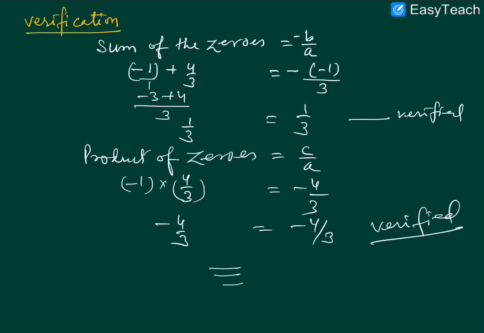इस वीडियो में बस इतना ही। उम्मीद है कि ये क्वेश्चन आपको समझ में आ गया होगा, कैसे हाउ टू गेट zeros of a quadratic polynomial by the method of splitting the middle term and its verification। बहुत बहुत धन्यवाद वीडियो देखने के लिए।